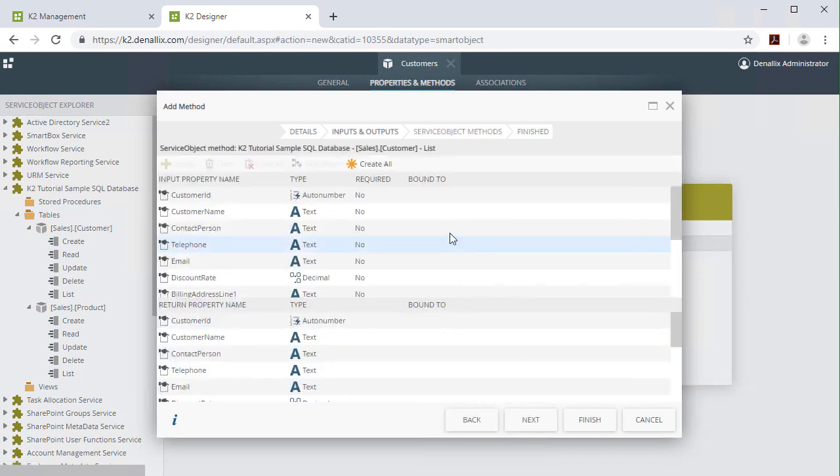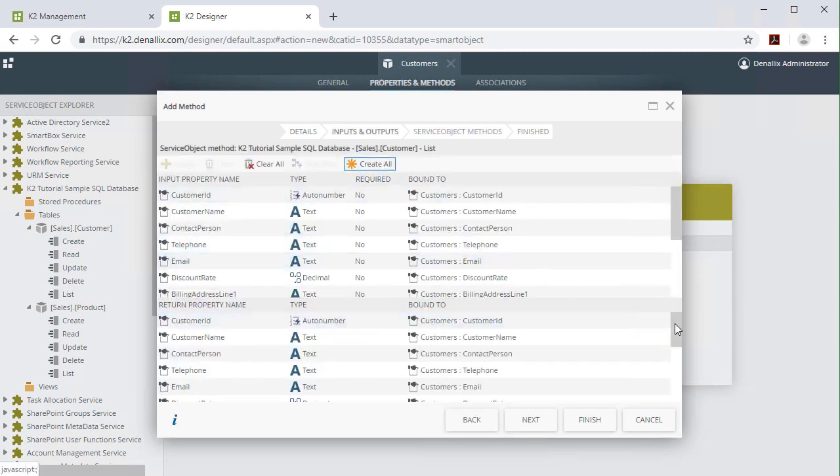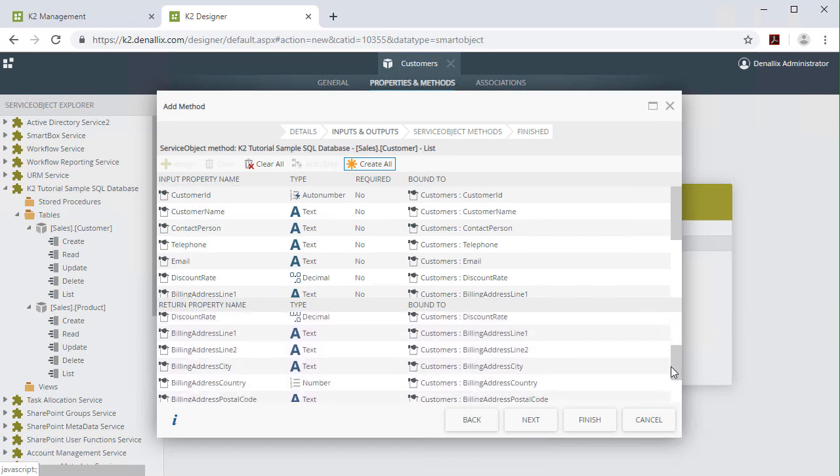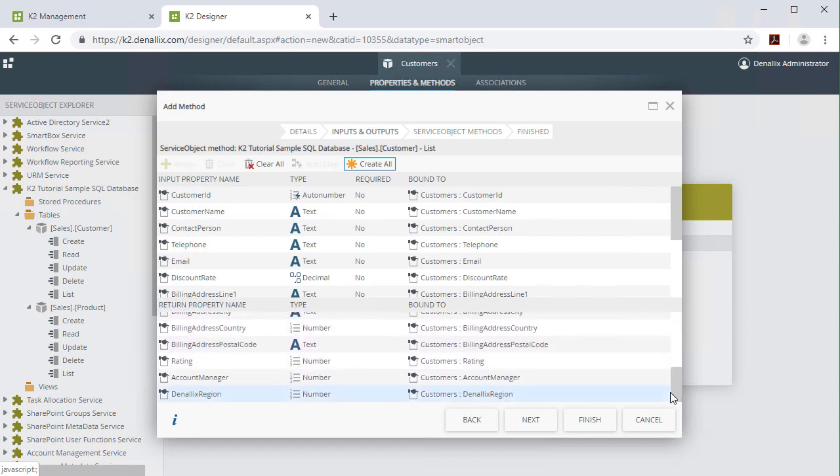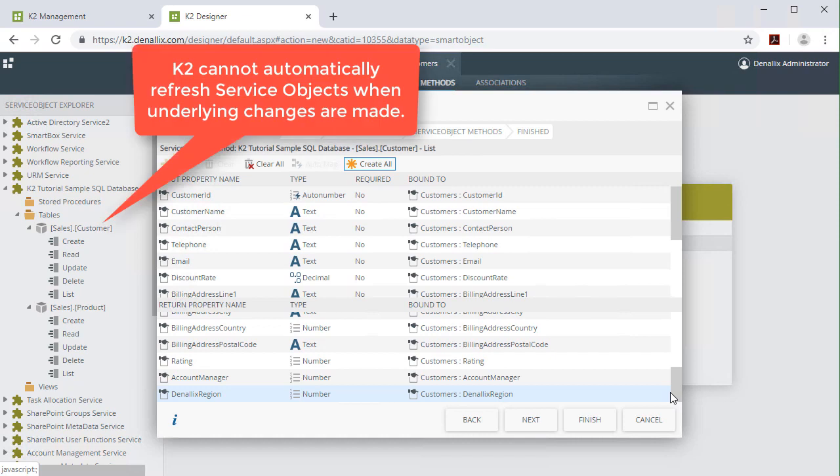It is important to understand that service objects, like what you see here, are generated when a new instance of the service type is created. K2 cannot automatically refresh a service object when changes to the underlying system occur, since K2 would not know when